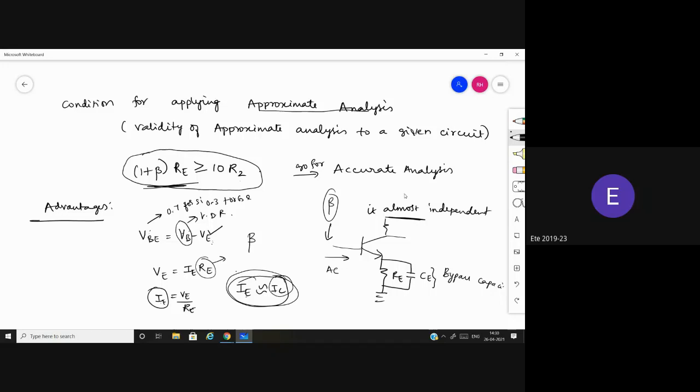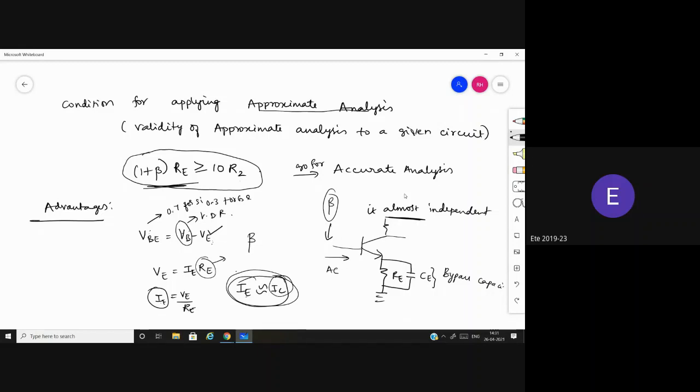Okay, so what happens to the Q point? It will remain fixed because it's DC current, it won't vary. No, sorry? The Q point will vary, because it will start receiving the AC input also. So it won't be stable. Since all the voltage goes to the ground, the Q point will drop to the cutoff region. Yeah, somewhat, you're near to the answer.